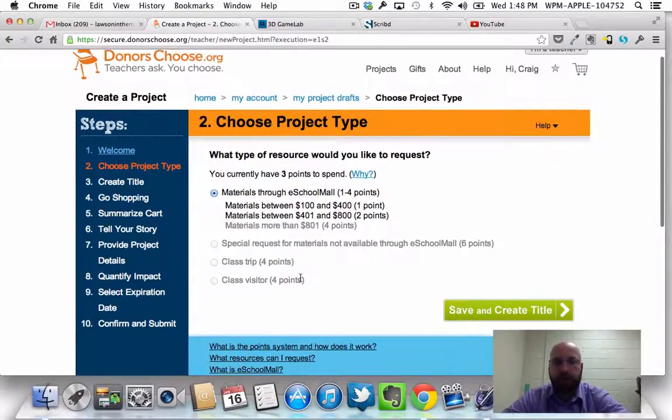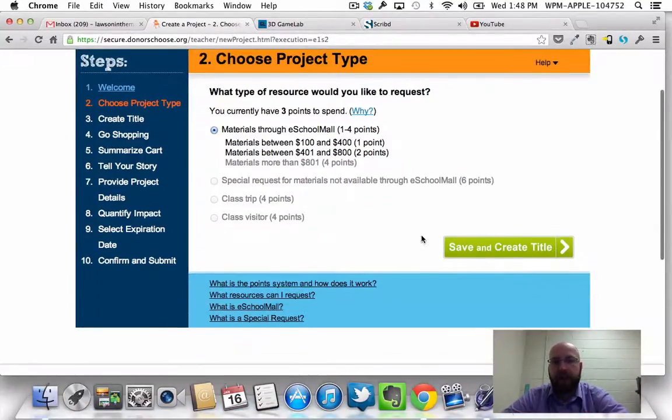successful. So we're going to start out, and we're actually going to look for 3 Chromebooks, and that's going to fall in right under the $800 price range. So we're going to use 2 of our 3 points. And if you click this Y, it kind of explains the point system and what it means a little bit, maybe better detail than I did. We've got that selected. We're going to go save and create title,